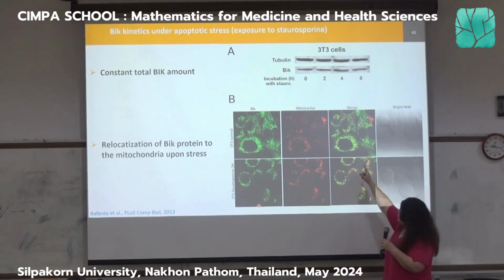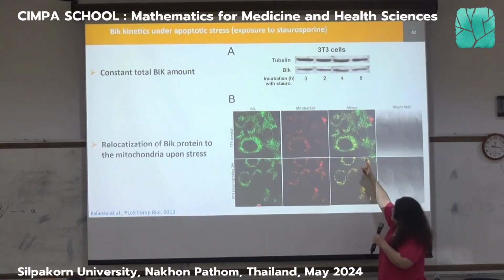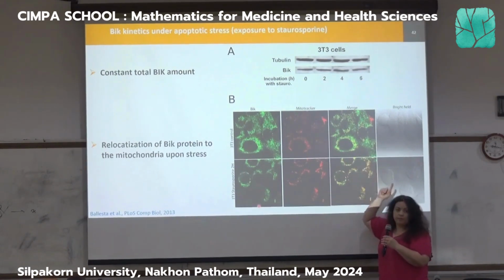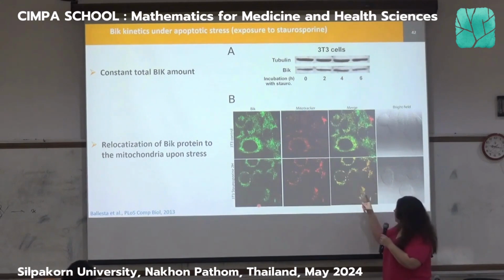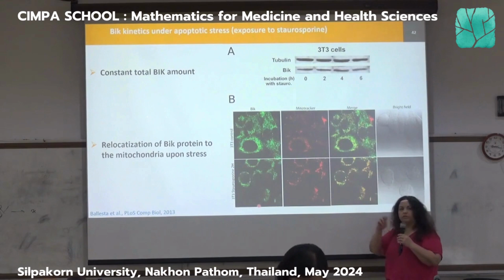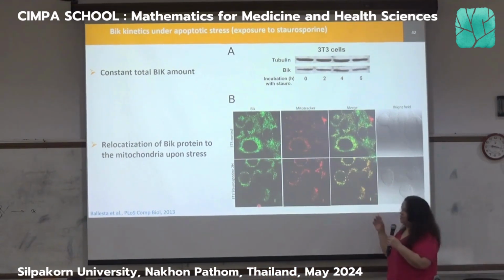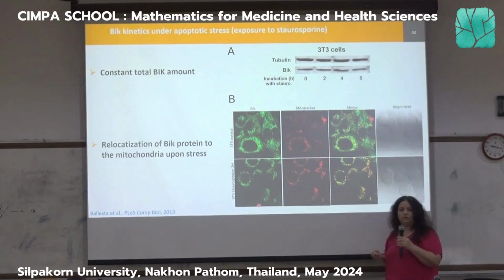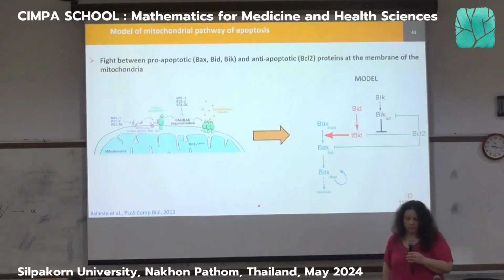So now if you look at the first line, without the drug, you will see that you don't have much orange, meaning that Bax is not necessarily in the mitochondria or close to the mitochondria. On the opposite here, you see much more orange, which means that Bax actually translocates to the mitochondria. Bax is actually attracted by the mitochondria in the presence of the drug. And actually, this is something that is well known.